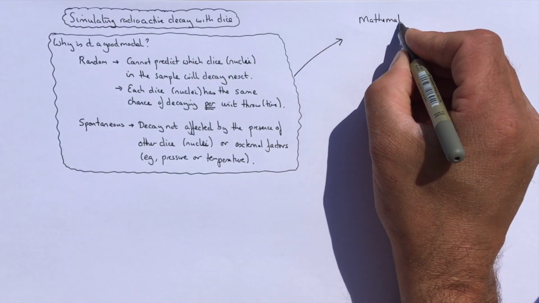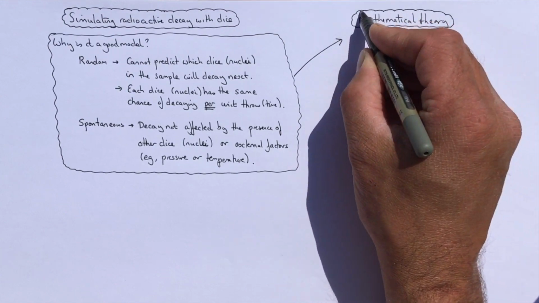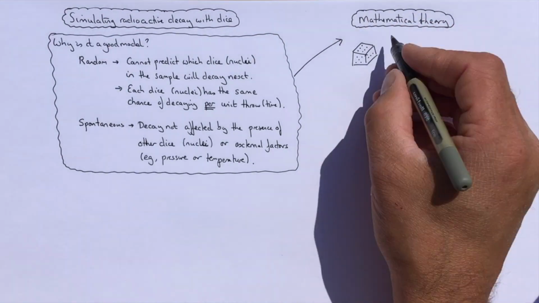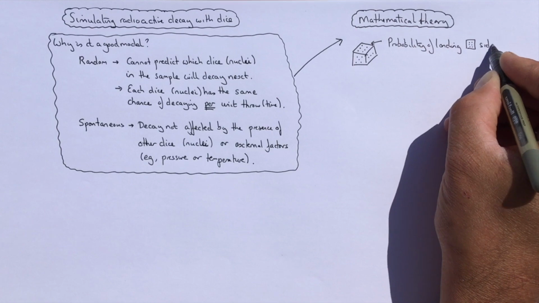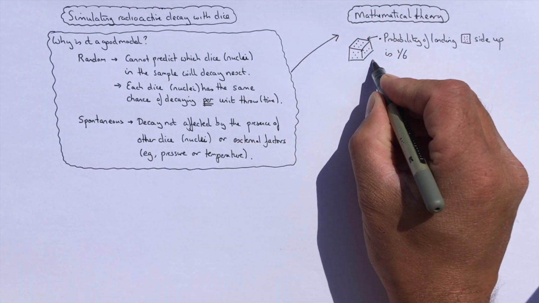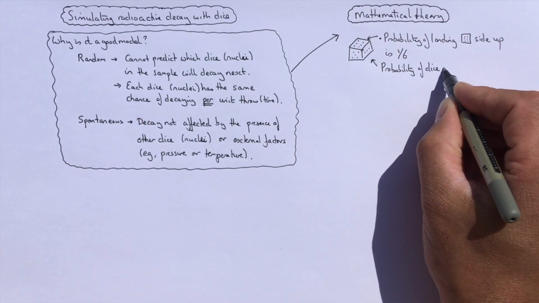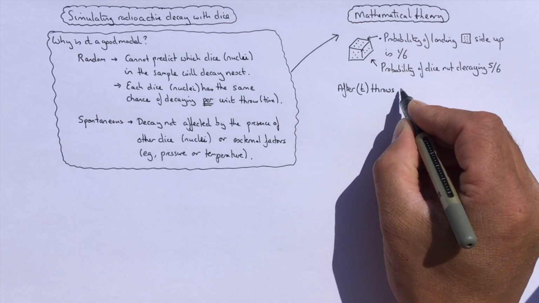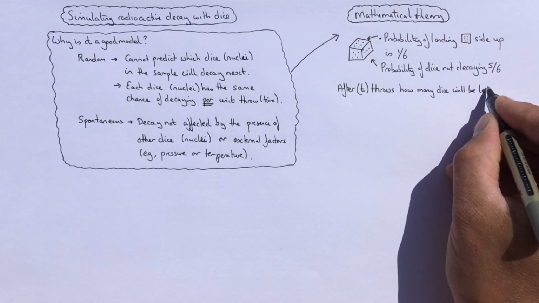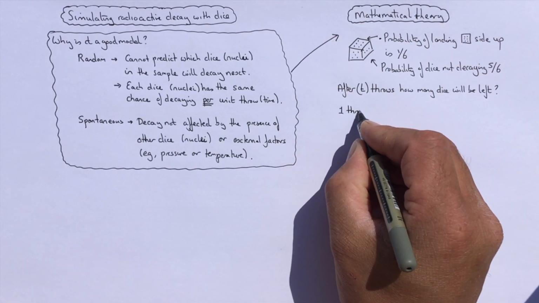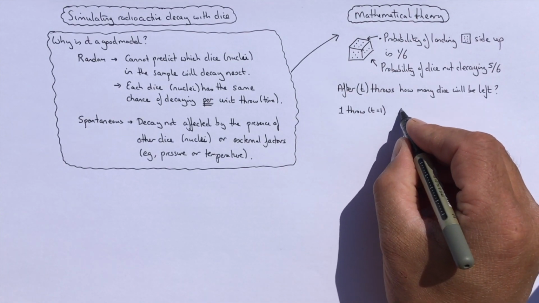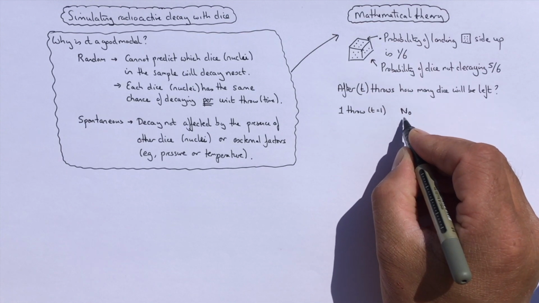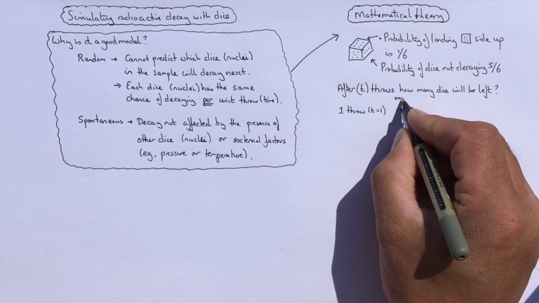So let's look at the mathematical theory behind probability. Well, the probability of the dice landing with a 6 side up is a 1/6, which means the probability of the dice not decaying is 5/6. So how can we work out how many dice will be left after a certain number of throws? So for one throw there's 5/6 chance that they won't decay, so the number left will be 5/6 of n0,